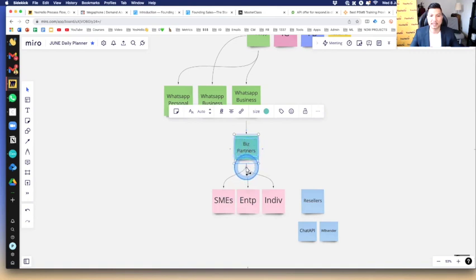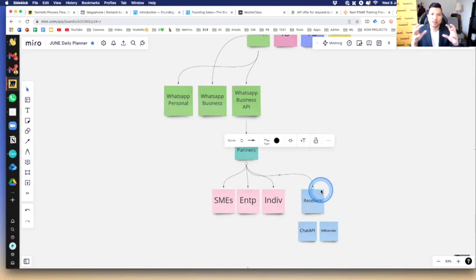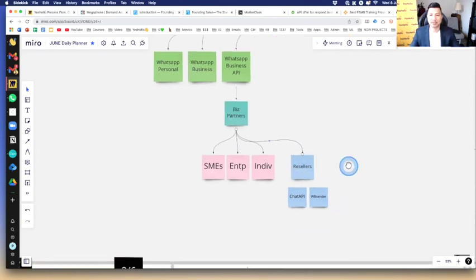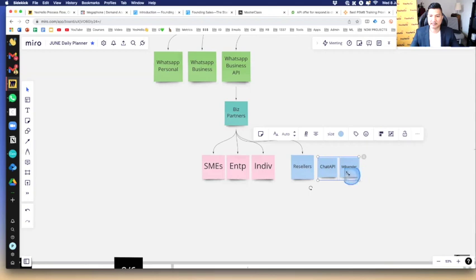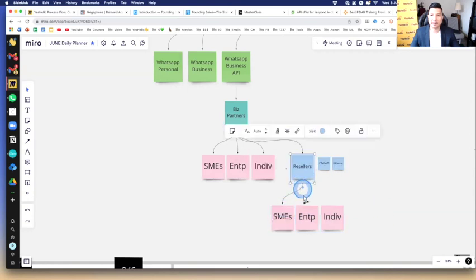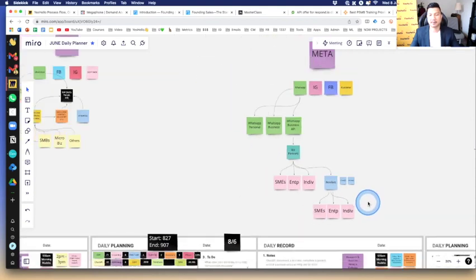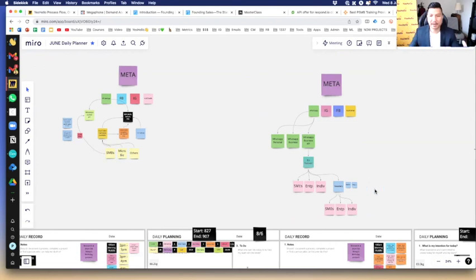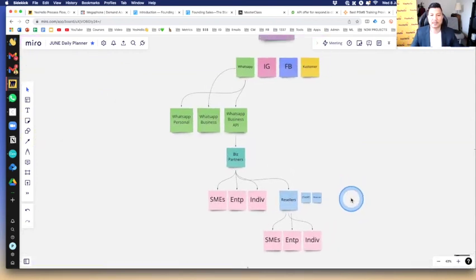So what they do is they sell it to the resellers, and then the resellers can break it up into smaller chunks, and then they can sell it to companies like other enterprises and stuff like that, right? So there are other enterprises and individuals like that, so these people can sell. All right, so yes, it is a little bit weird, a little bit fragmented, but this is how the current situation is.